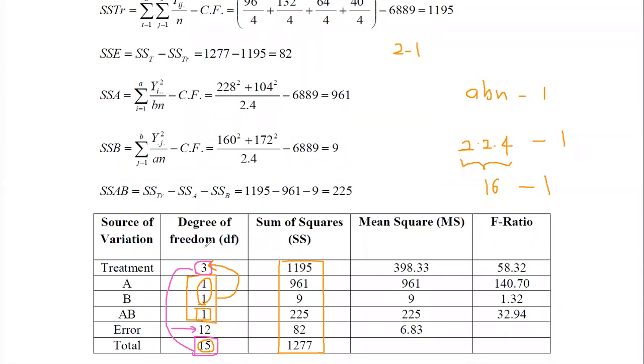Otherwise, if you are familiar with the equations, then you can use the equations directly. But just by using the concepts only, the total has to be obtained first. Then the main effects have to be obtained second. Then multiplication of these two values gives you the degrees of freedom in interaction, and the total of these three values gives you the treatment degrees of freedom, and the difference of degrees of freedom in total and treatment gives you the error degrees of freedom.